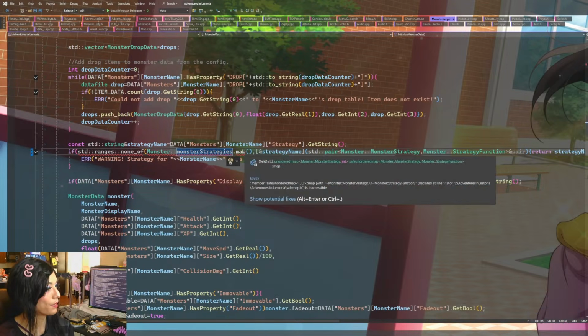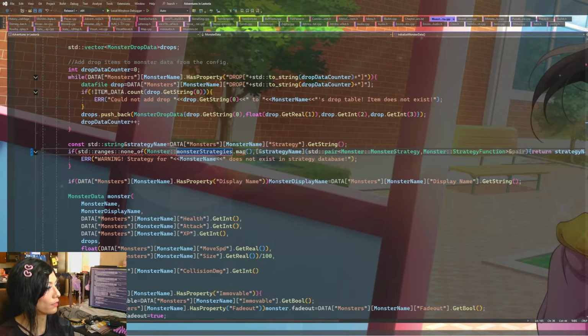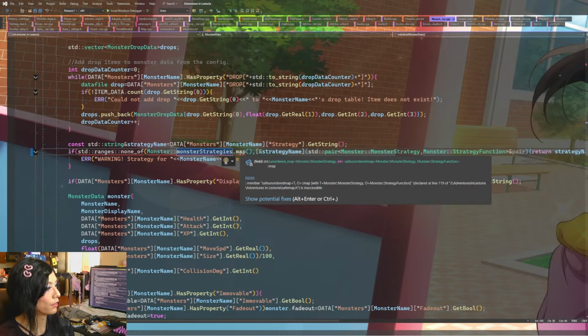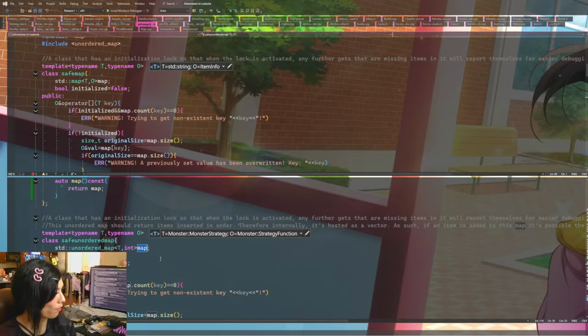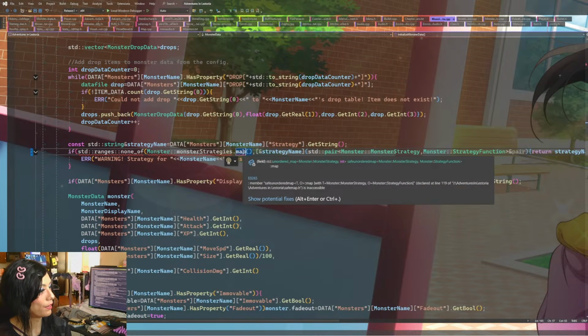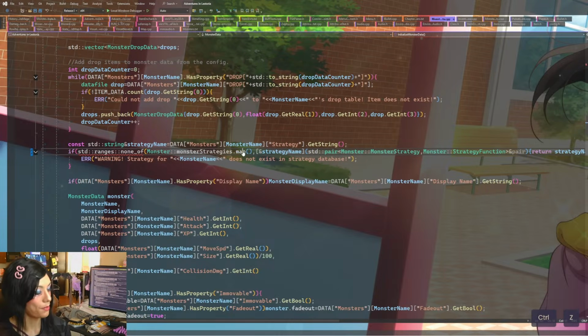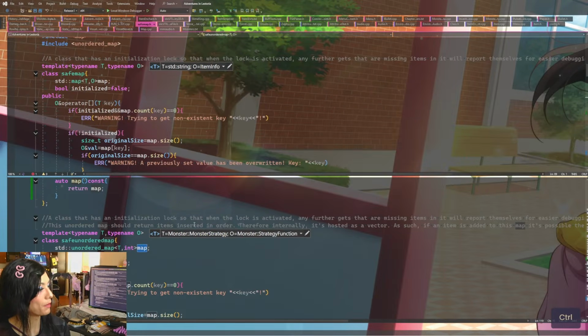Are you inaccessible? You shouldn't be. What? Oh, I named the function the same as the actual member, so it thinks I'm trying to access the member?